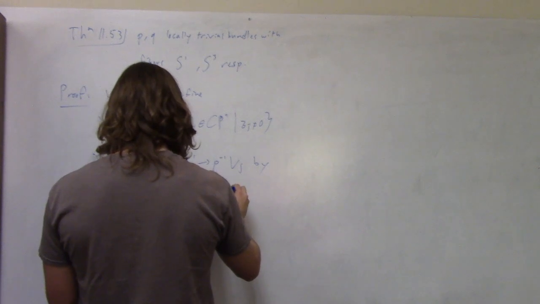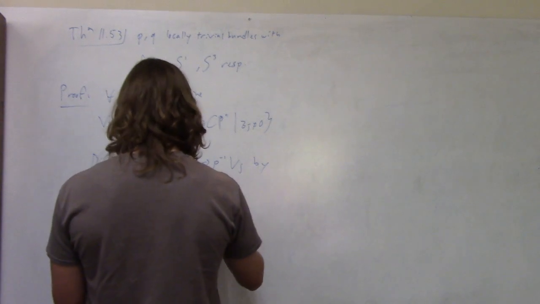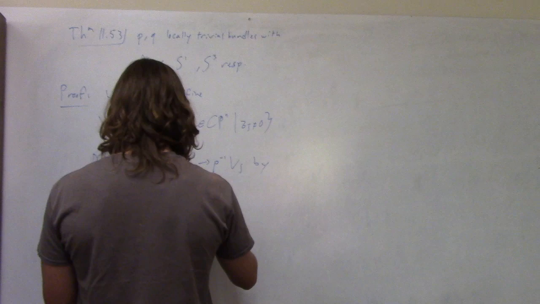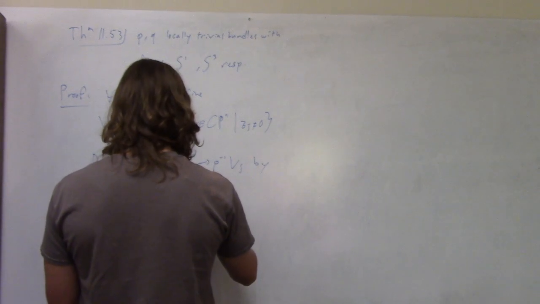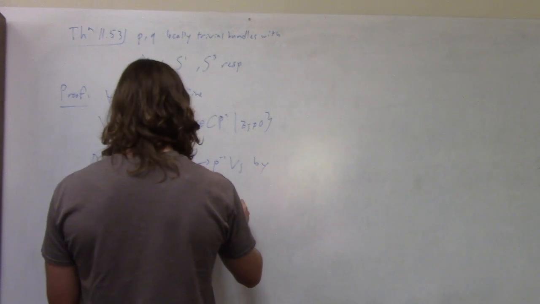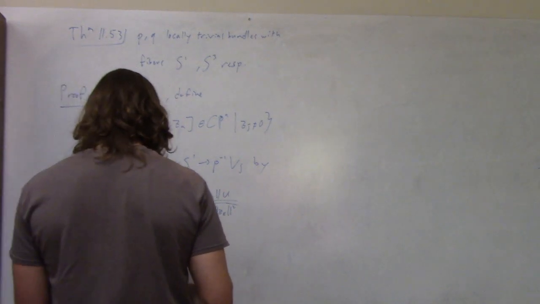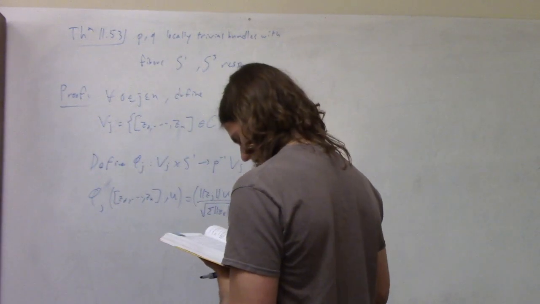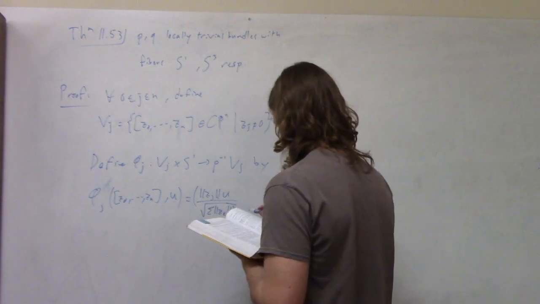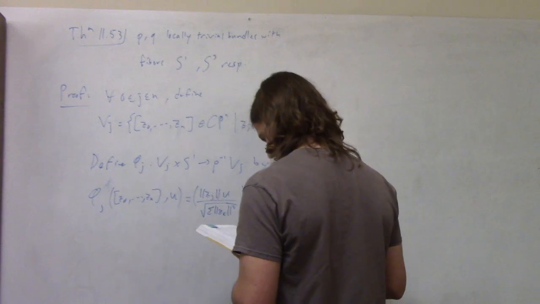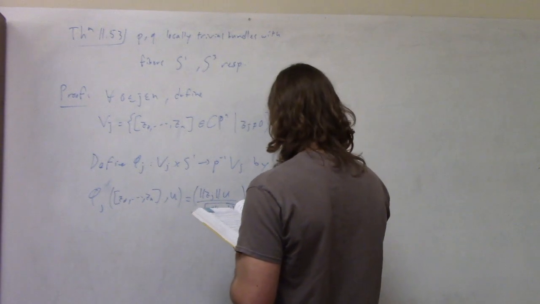So it pulls out this scalar factor in the front. Get the zj times u divided by the square root of the sum of zk squared, which is basically the norm of the complex vector, which is non-zero, times